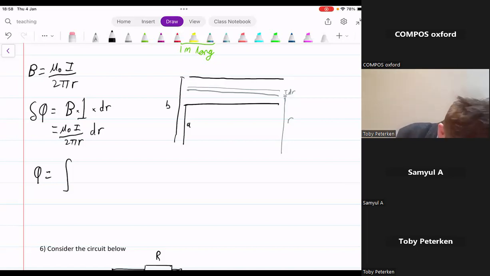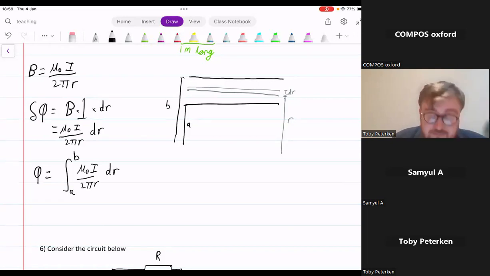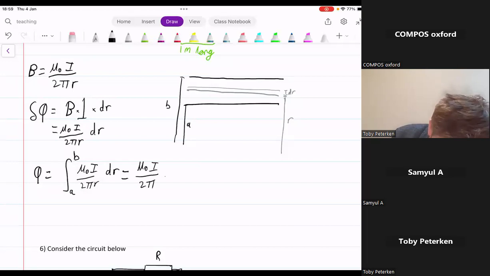That's the inner surface, which is A. The biggest value is the outer surface, which is B. And the flux for each strip is mu naught I over 2 pi r dr, which, if you integrate, is mu naught I over 2 pi natural log B over A,